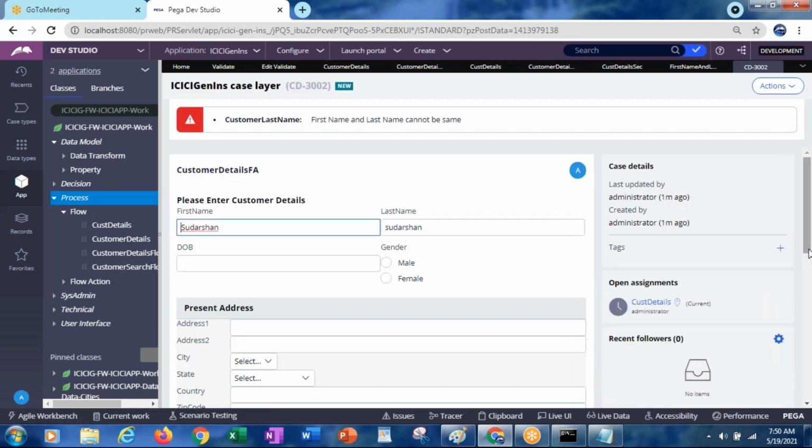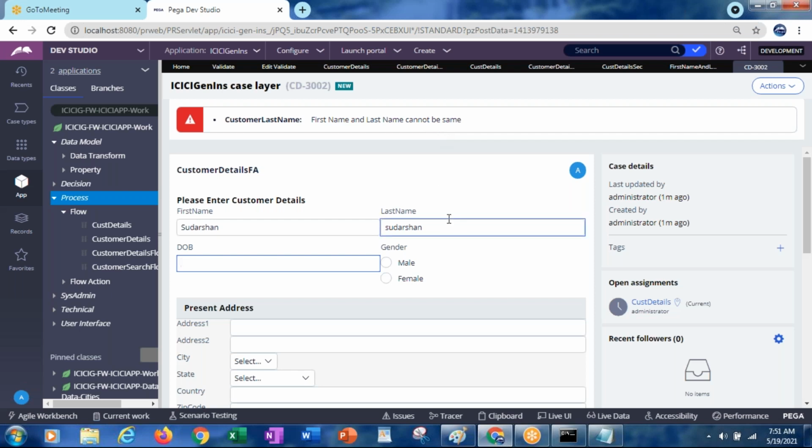The validation rule will fire on click of the submit button. Now you see here Sudarshan, here is capital, but here Sudarshan, everything is small. For the customer last name, it is giving the error: first name and last name cannot be same.